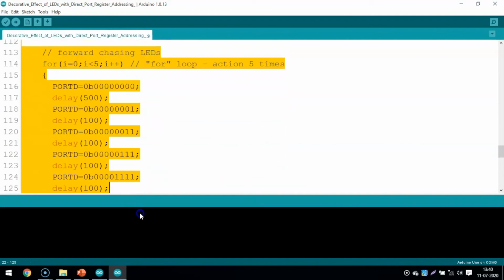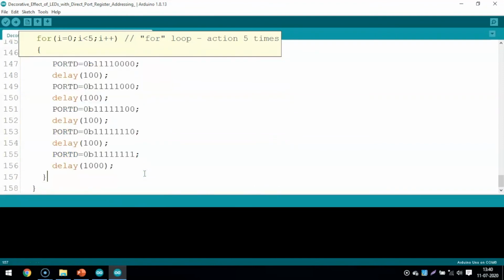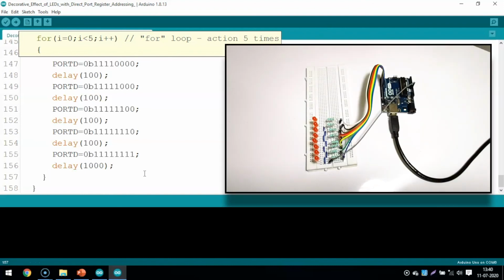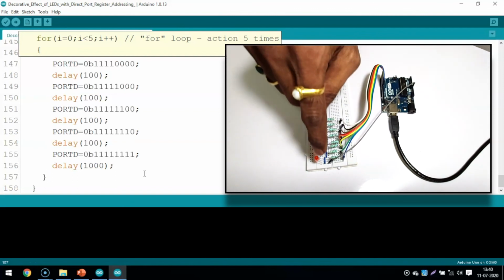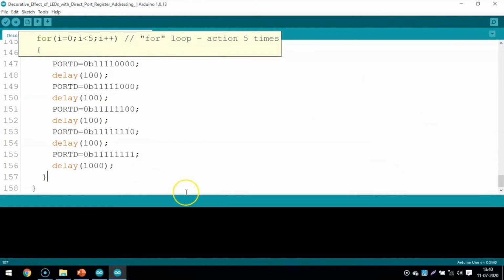You should try this program, and for that you will have to first copy and paste this program which is given on our website, and once you upload that program into the memory of the microcontroller, you can see here in the hardware part, the firmware part, you will have to do these connections, and once the connections are done, you can upload the program into the memory of the microcontroller. I shall show you how to upload the program here.